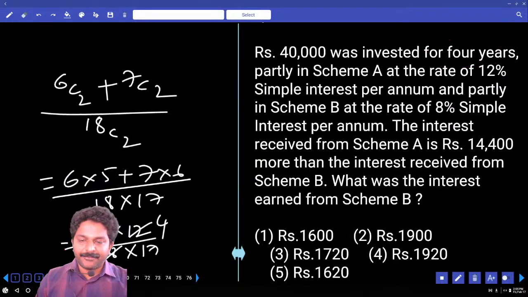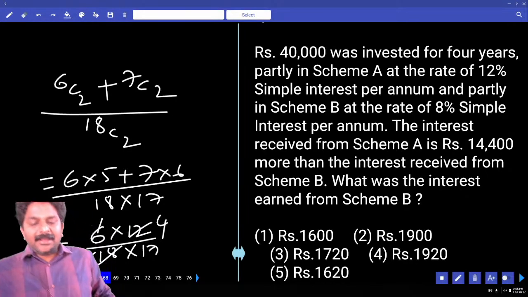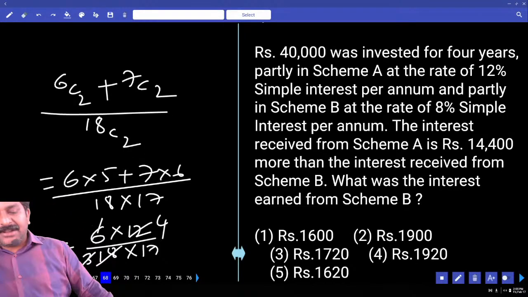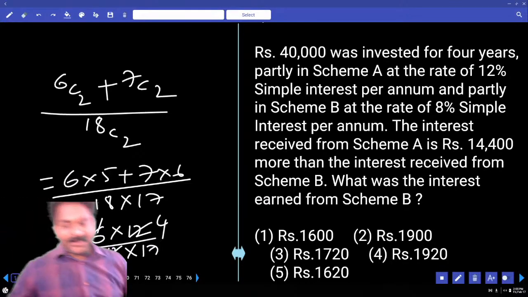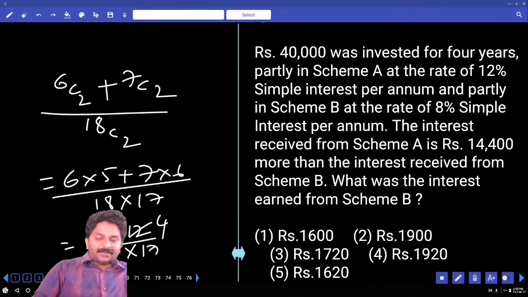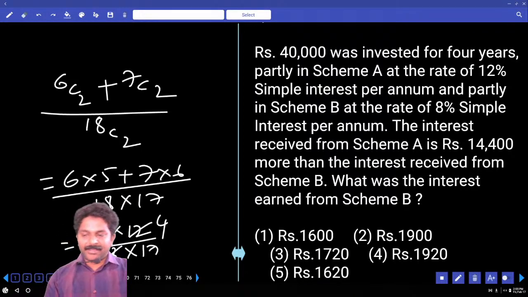40,000 was invested for 4 years, partly in scheme A at the rate of 12% simple interest per annum, and in scheme B at the rate of 8% simple interest per annum. The interest received from A is 14,400 more than interest received from scheme B. What was the interest earned from scheme B? Okay, so now,